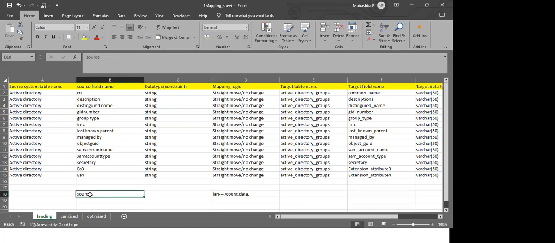Take the source data, take the landing data, and check it. In Excel itself, we can validate the data. How to check it may take time, so we'll cover that later. And you can check whether any duplication is there,